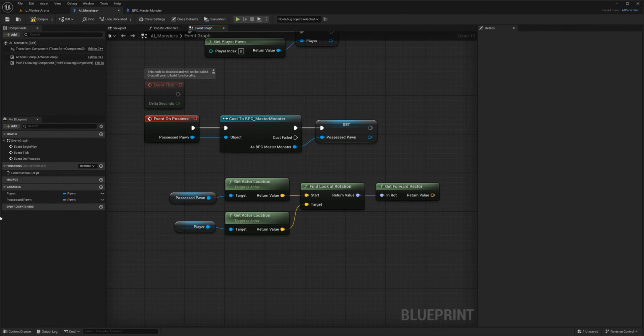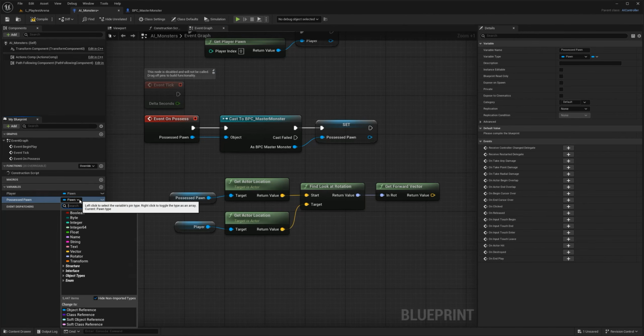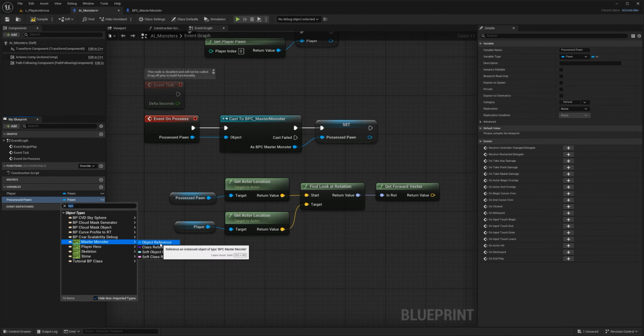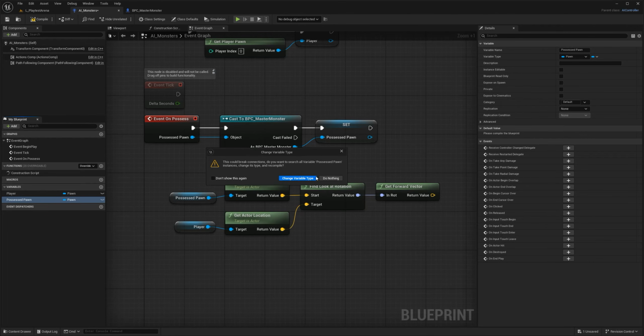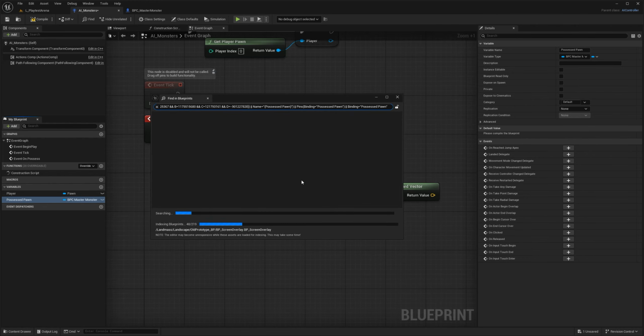And just make sure to go here to my possess pawn and let's just change this to BPC master monster object reference. It's going to tell you that some connections need to be rearranged and recompile. So just say change variable, just wait a little bit. And that should be all we need.